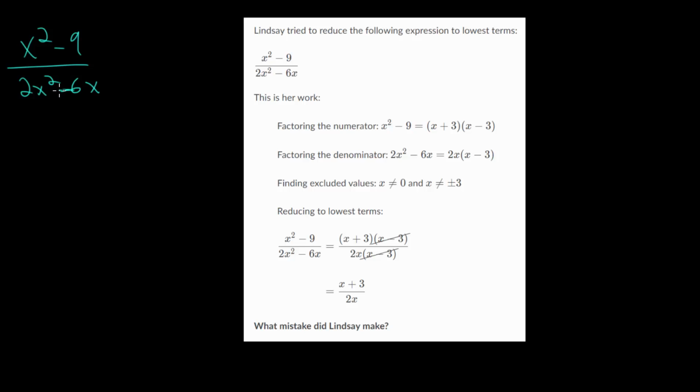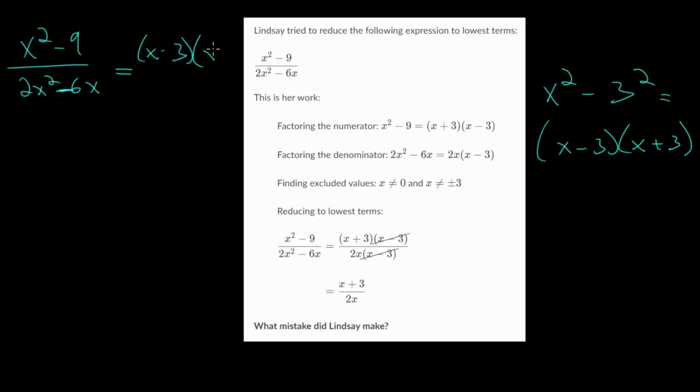And remember, the general strategy for these is to factor the numerator and the denominator and then determine which x values are excluded from the domain. So notice the numerator is a difference of squares. We have x squared minus 3 squared, which we can factor into (x minus 3)(x plus 3). So that will be our numerator now. And our denominator,